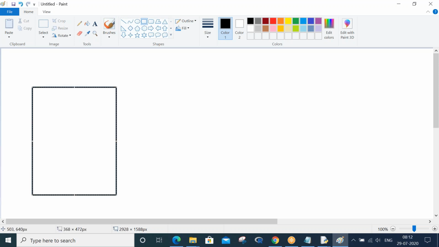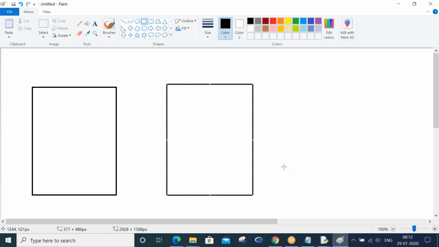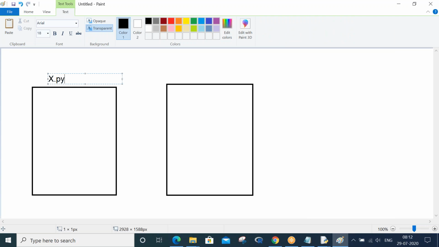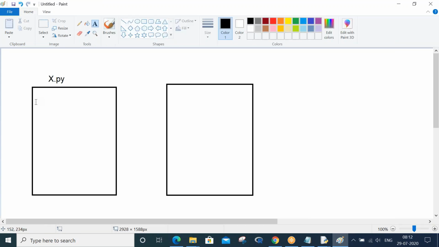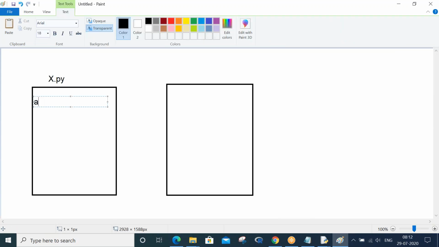If this is your program, let me also define another program. If this is x dot py, in the program you write your variables like this, and in the program only you define your function like this.